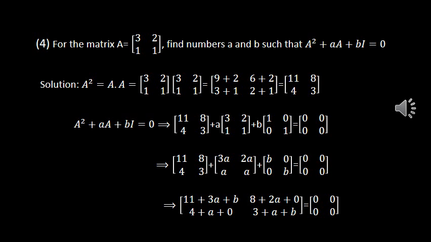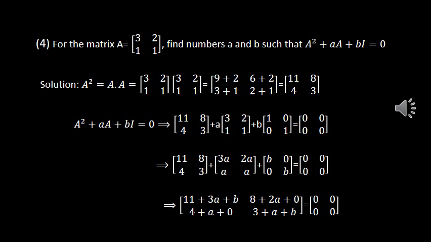Now we know this is a scalar and this is a matrix. So in scalar multiplication of a matrix, each element is to be multiplied. But if it is a determinant, it is not like that: only one particular row or one particular column is multiplied. Note that down. Similarly for b, this is a matrix, so each element is to be multiplied. If it is a determinant, only one row or one column, as the case may be.